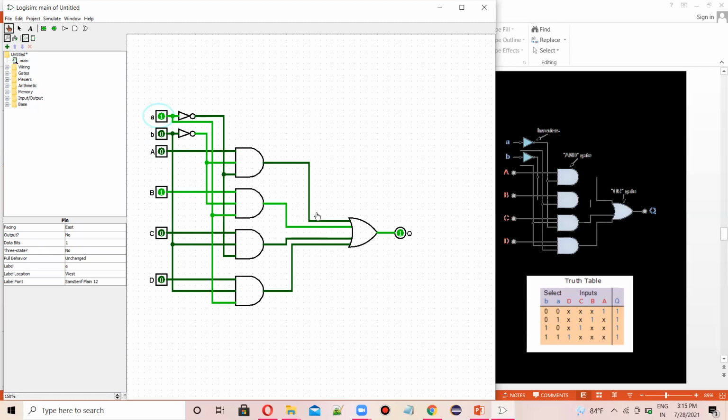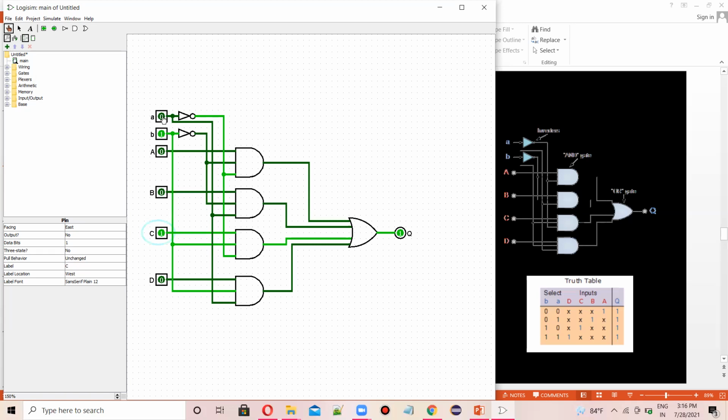Now let's check the third part here you can see that B is 1. So let's make the B as 1 and C as 1, B and C as 1. So here now also you can see this Q is connected. Okay, so you can see that when this B is going here, it is connected with this AND gate. So that's why we are getting the output as 1. Only because of this AND gate, we are getting the output as 1.